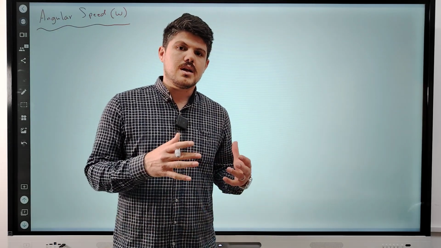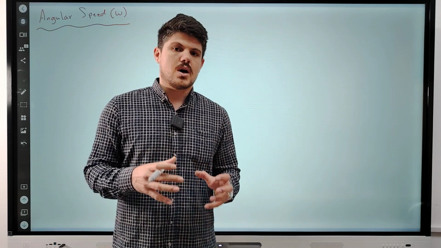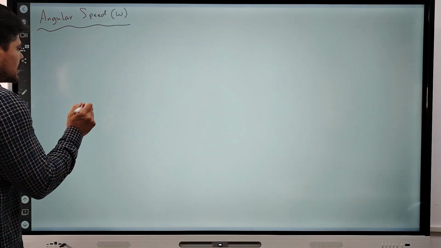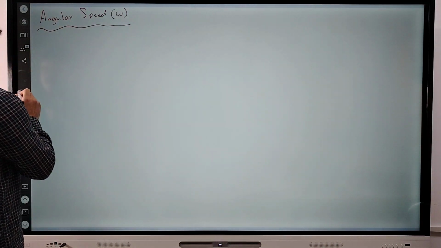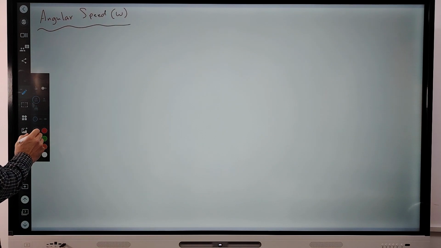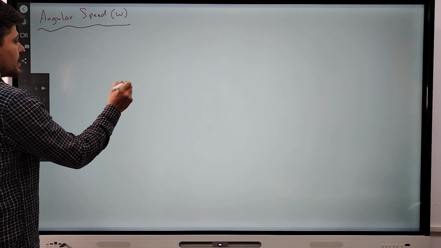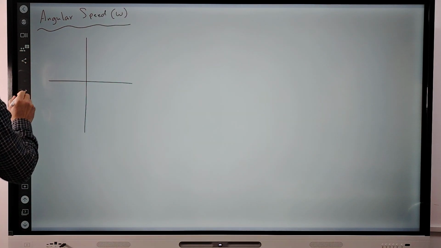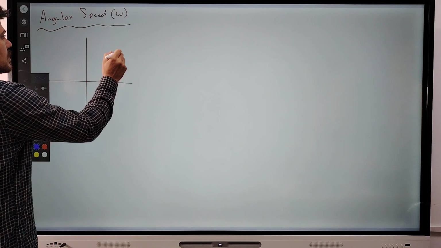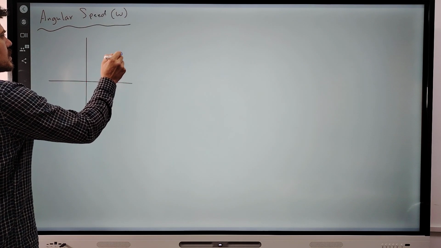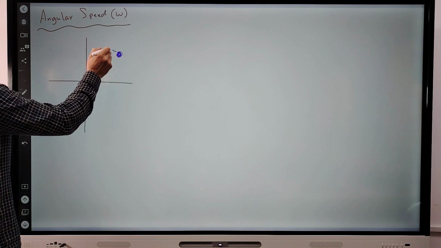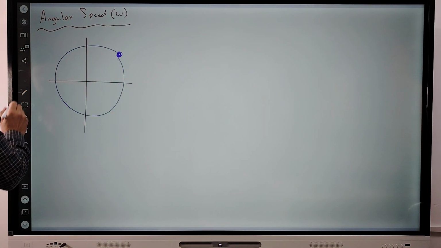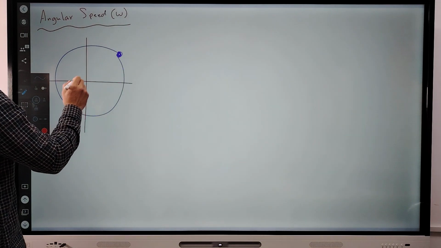Unlike linear motion, in linear motion the object is moving on a straight path. So let's draw an x and y plane, the coordinates x and y. For example, when an object is rotating or moving in a circular path, this object has arc length,